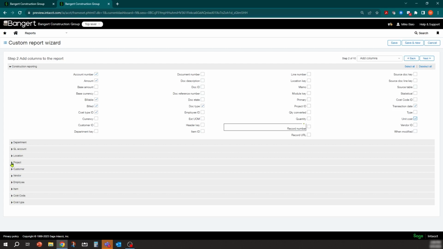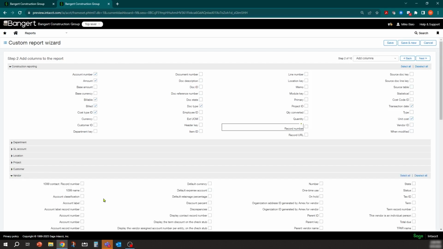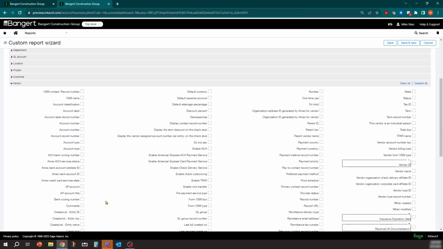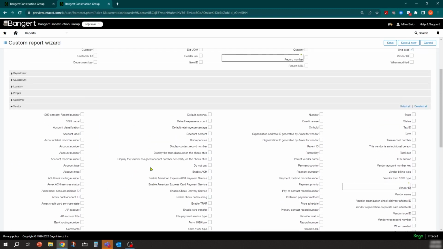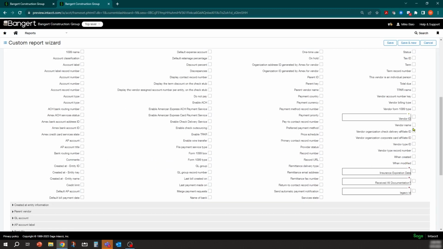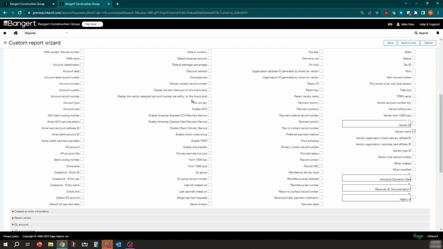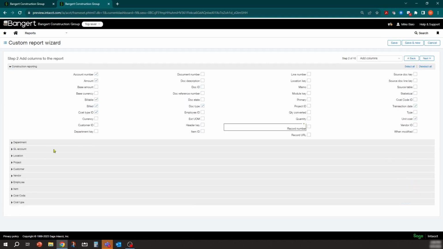So I can come in here and say, well, I want the vendor name as well, because I don't know the IDs. So I can come into here and find the vendor name and add that as well. I think that's under vendor name here. Yep, vendor name right there. And then you have drill down capabilities if you select a field with the arrow, like you normally would have. So I just wanted to show you this because this shows a good visual of how you can expand on that and see all the information on the project.